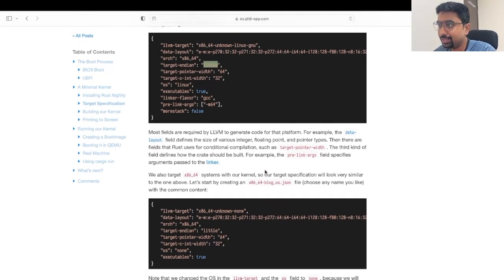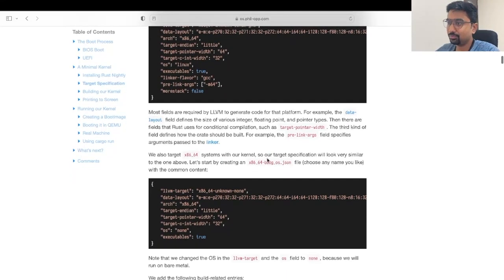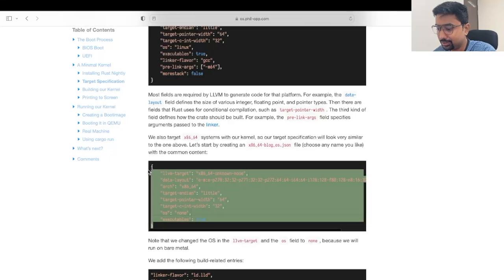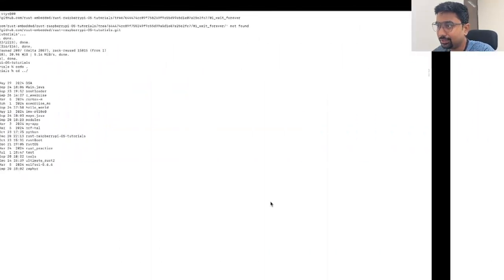Our target is x86-64-unknown-none, because we don't have any underlying operating system. So the author is saying that we need to define our own target.json file, and it should look something like this. First of all, let's copy these contents,